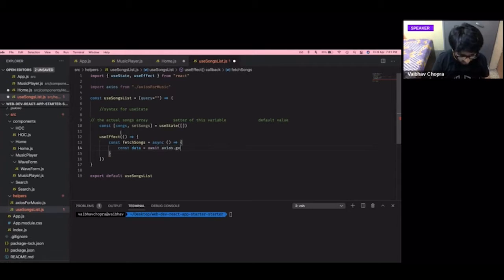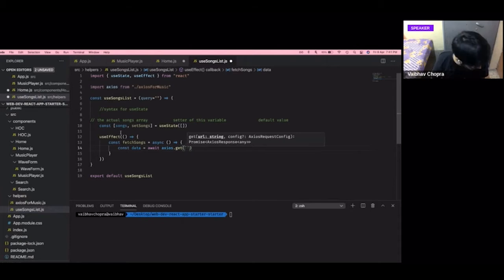Await axios dot get. You will find it very similar to Postman, like I said. You have to use a backtick notation, because this is what is required if you want to insert a variable inside JavaScript strings. Basically, you can think of it like a template literal.